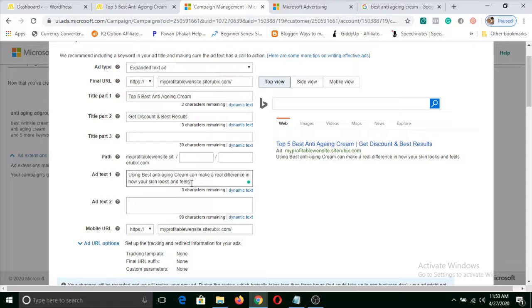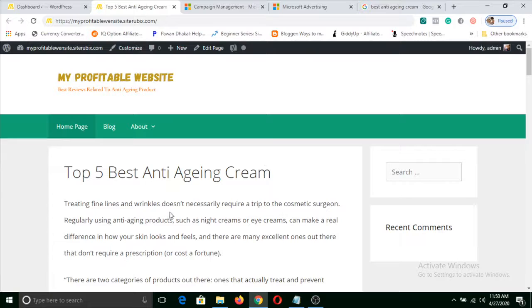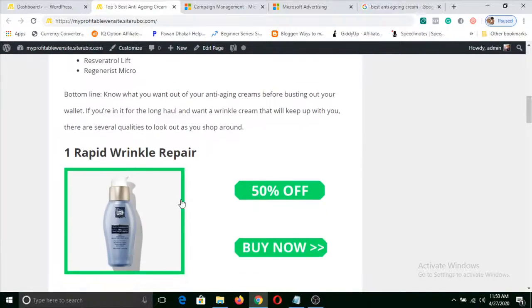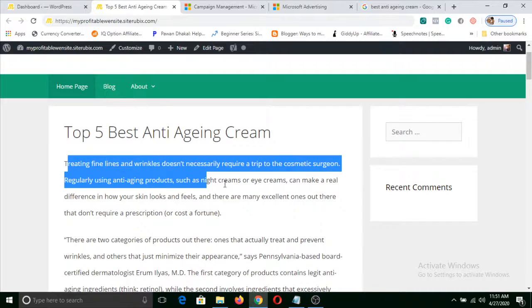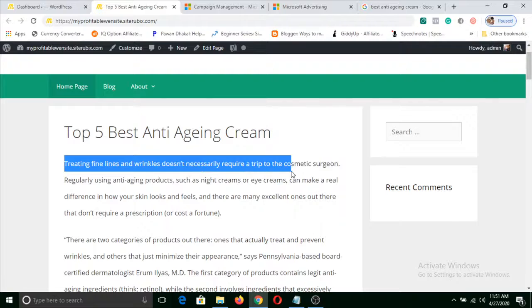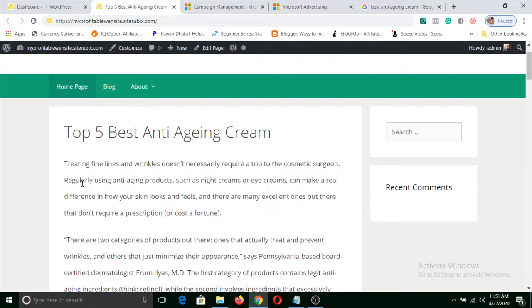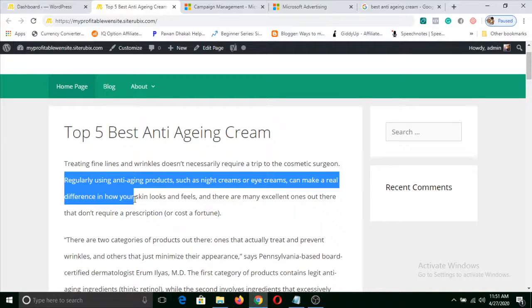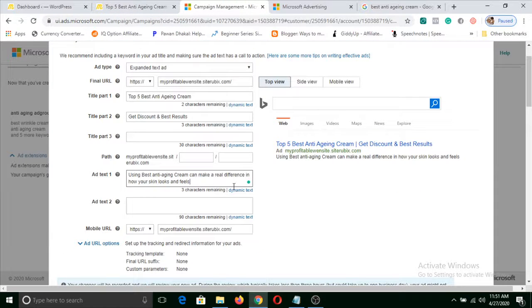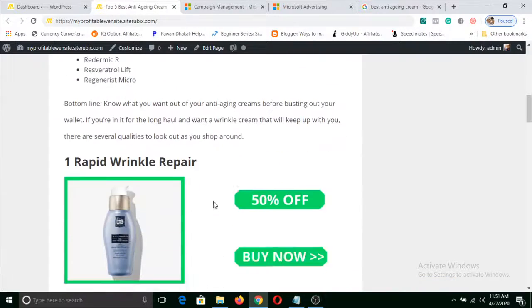So it really makes people feel good, and this can also help you get sales through your article. I have simply copied some lines and edited them, like treating fine lines and wrinkles doesn't necessarily require a trip to a cosmetic surgeon. Regularly using, okay, I have copied that from my own website. Regularly using anti-aging products such as night cream, eye cream can make a real difference in how your skin looks and feels. I have edited this line and made this, and now my product has discounts also.